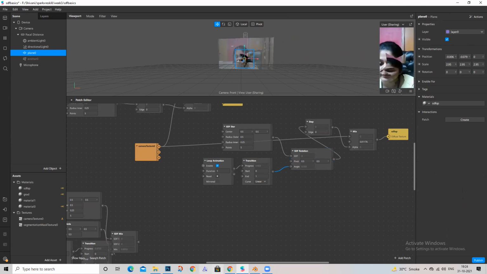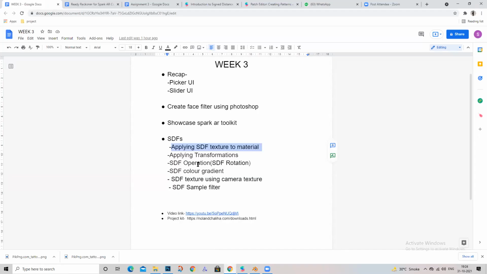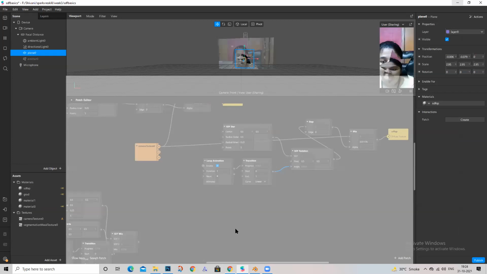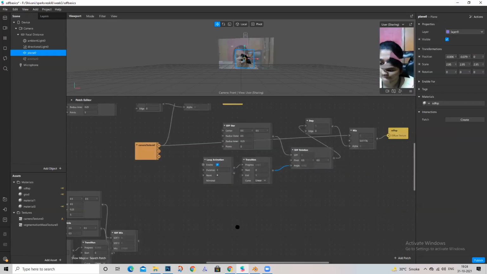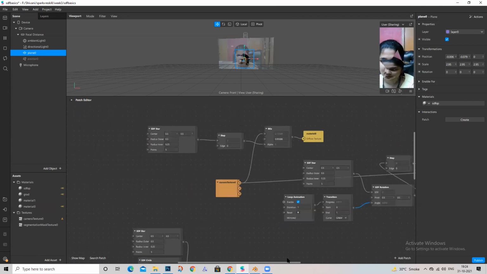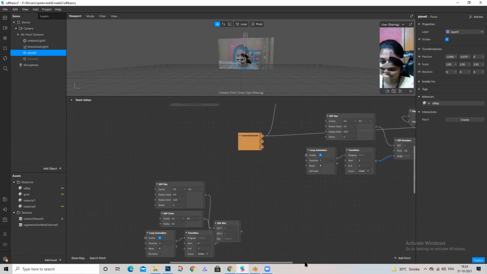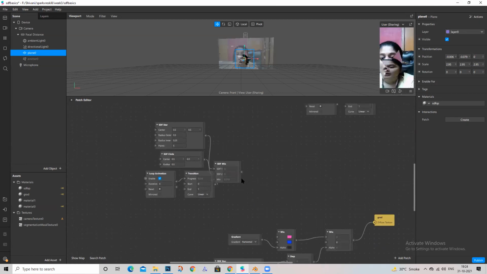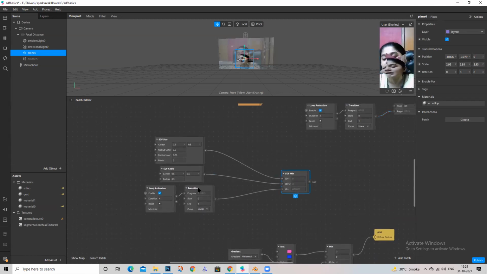Now moving further. Okay, we have applying transformation here. Another thing we can do with SDFs is, SDF is pretty flexible.